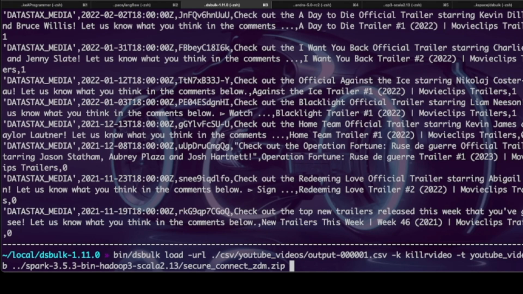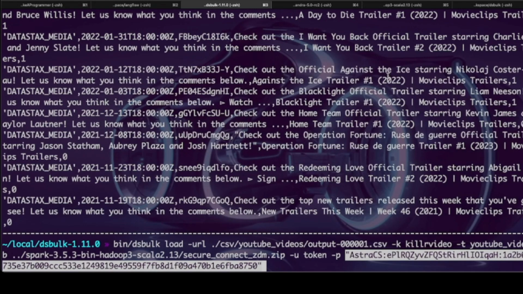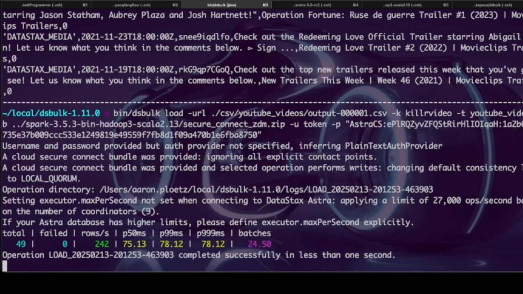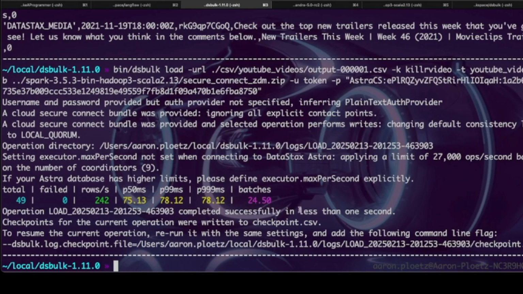That should do that. We're going to go -u again with a literal word of token, and then for password we're going to go ahead and paste in our AstraDB token. All right, let's give this a shot. All right, load completed successfully.